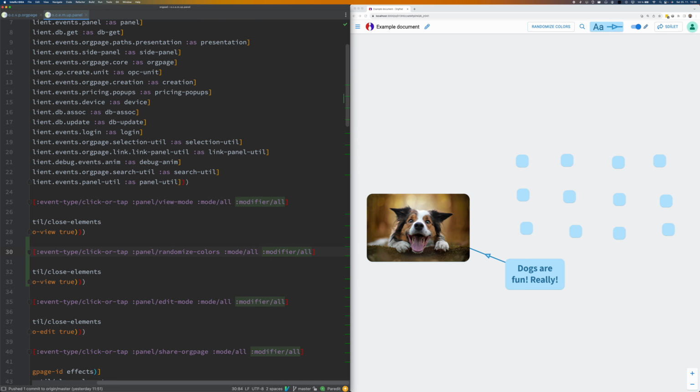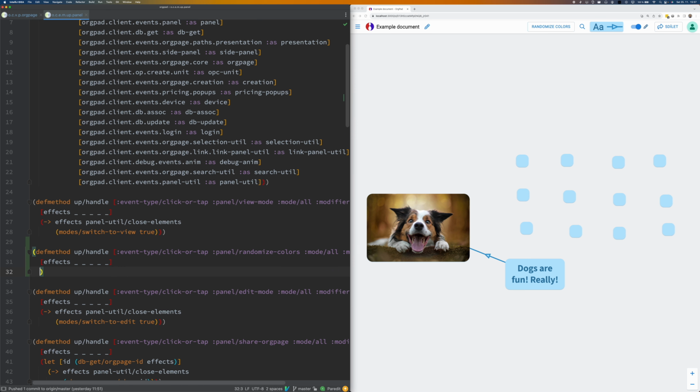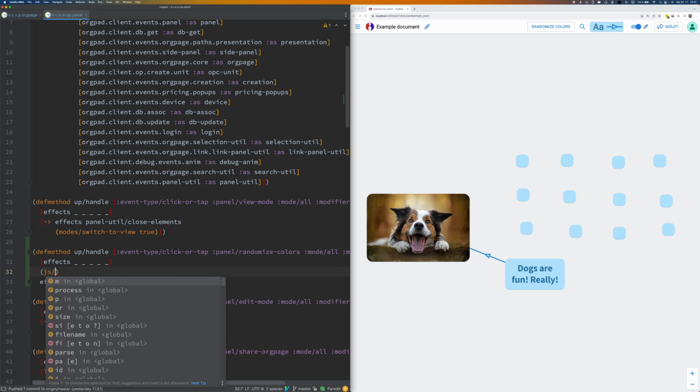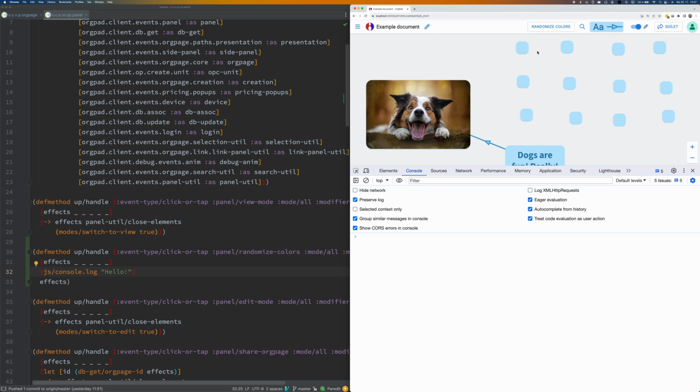And I have some mode and modifier, which I don't care about in this case. So let's do that. We don't do any change, but let me just write some console statement. And it gets reloaded. Okay, now when I click it, I get the hello message.